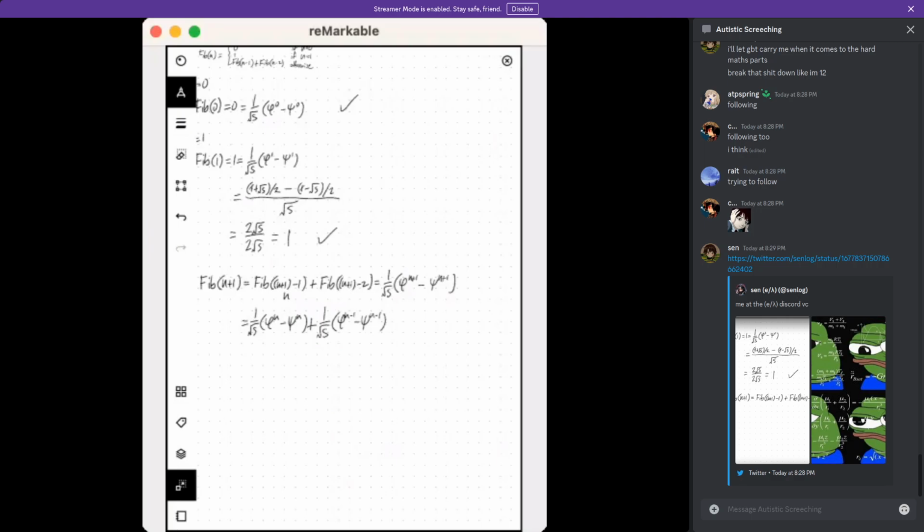So I guess we can just move this 1 over radical 5 term here. And then we have, if we put like terms together,